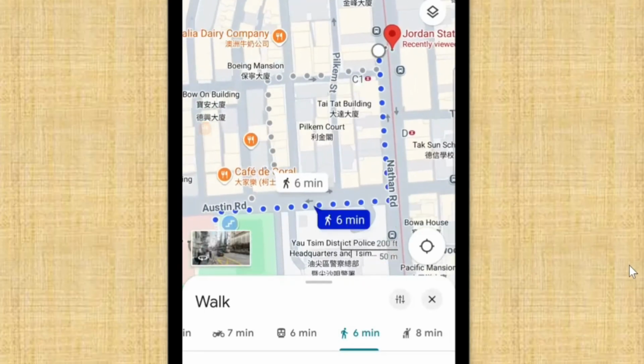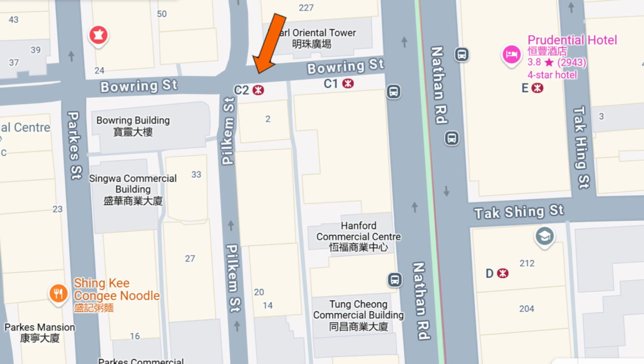Now we can see that it takes 6 minutes to walk from our hotel, which is BP International in this example, up to the nearest train station, which is the Jordan station. It also shows here the exit C1 of the Jordan station. This is just a few steps from exit C2 of the Jordan station, which I will show you now using